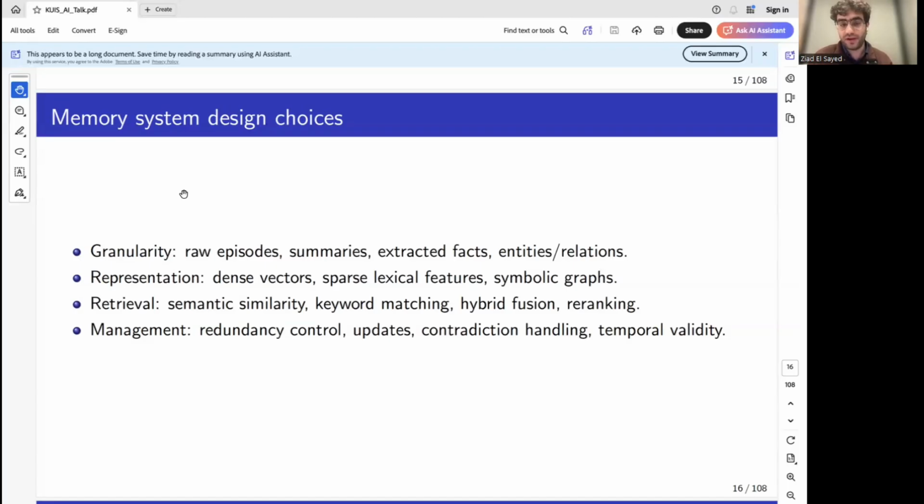How do I quantify how close certain information is to my query? One way is to do it with dense vectors. The other is using sparse features, and then some people use graphs as well. And then once you've represented your memories, how do you retrieve them? As a response to whatever representation you've used, this could be semantic similarity, keyword matching, fusion, and reranking, all of which we actually